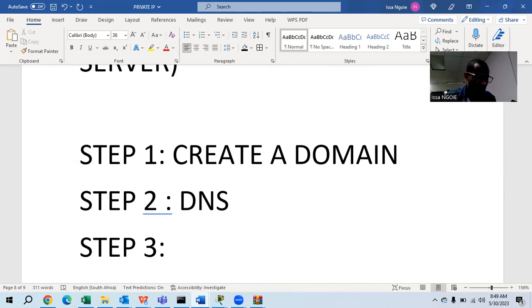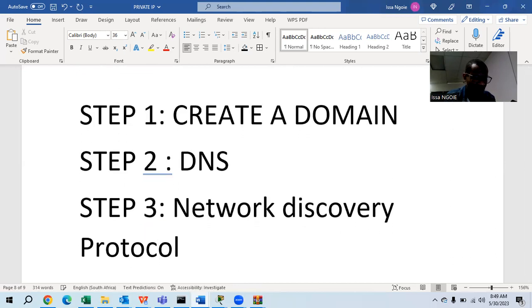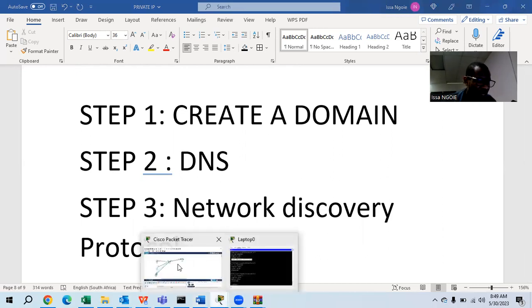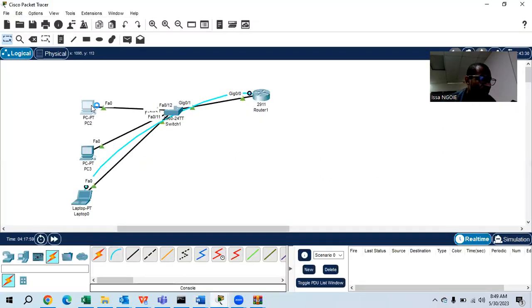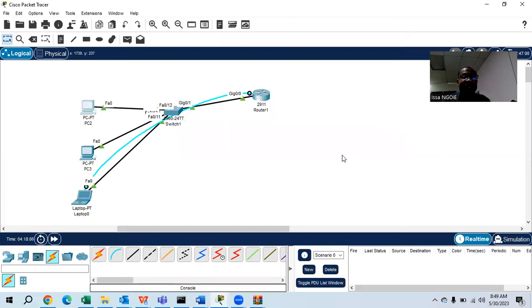We have to, we are going to check also the network discovery protocol, right? So what I'm gonna do, if you notice here, guys, there is no DNS. You can see it's empty, right? For this computer to have DNS information, so what I'm gonna do,